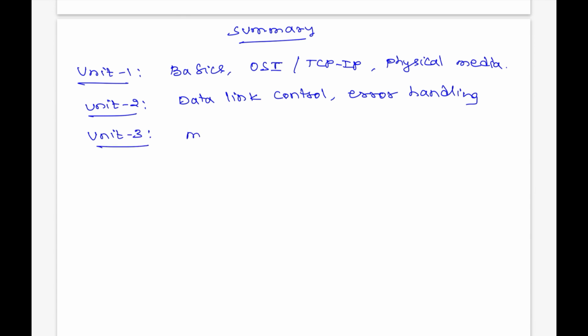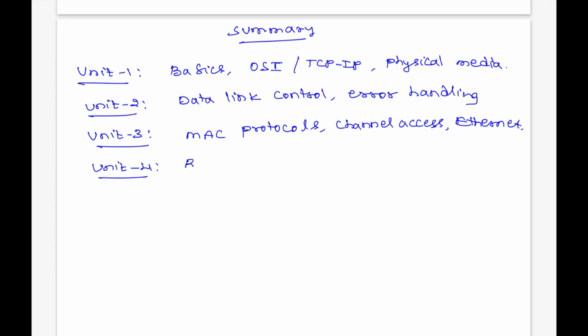We are having the MAC protocols, channel access, Ethernet, and in unit 4 routing, IP protocols, and the congestion control or traffic control. And the unit